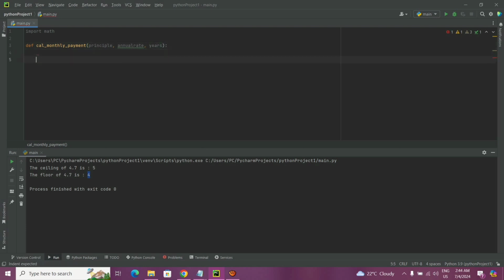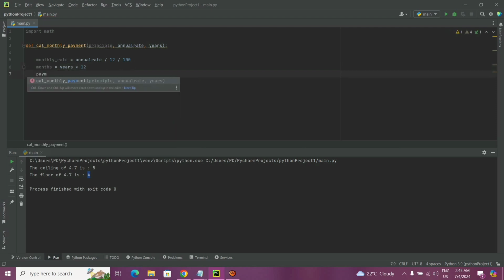Okay, so we can say monthly rate is equal to annual rate divided by 12 divided by 100. Months will be years into 12. Payment will be principal into